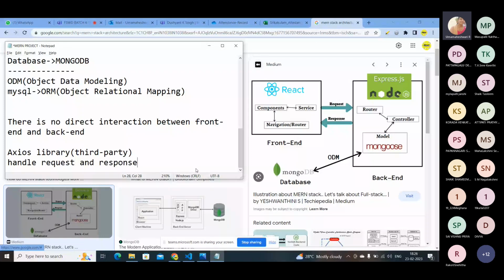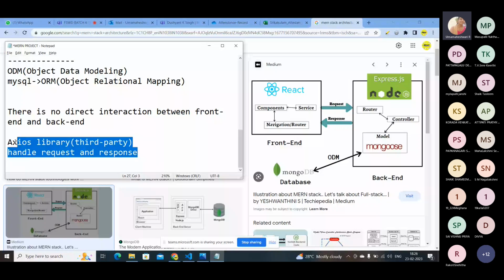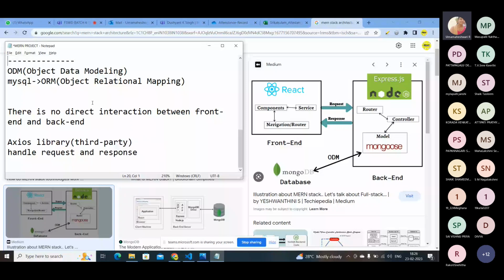So you are clear with this, right? You know what React is, that is the front end, and the back end, and what MongoDB is, and how it is going to interact. It is going to interact with the Axios library. So now we'll understand what the different links are that I need to follow. Example,